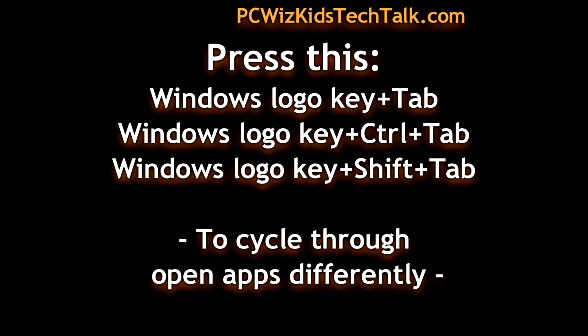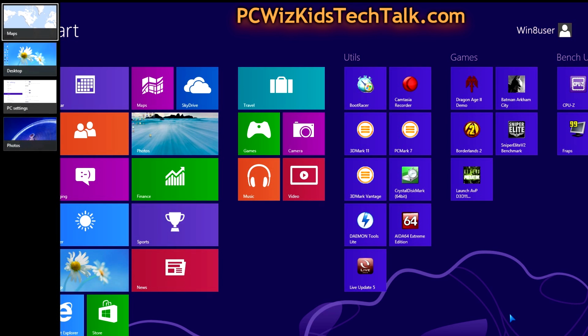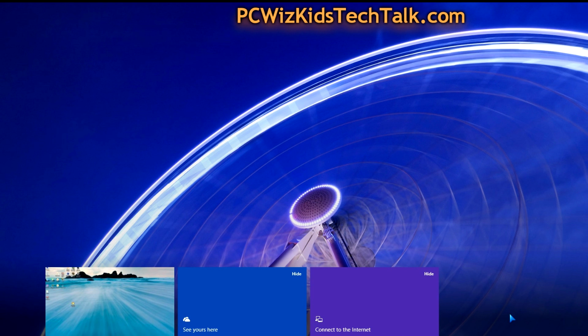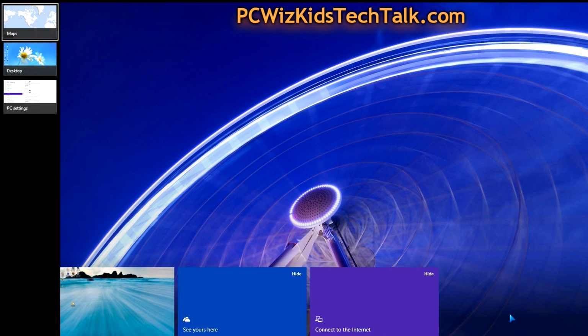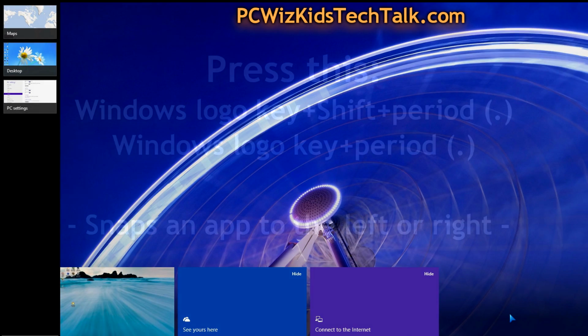Now, changing between different screens, the Windows key and the tab brings up on the left-hand side all the different task screens that you have, and you can toggle through them. If you hold down the Windows key with Shift Tab, it actually brings it up from the top. If you hold down the Control Tab, I should say, it brings it up from a different angle. So you can actually scroll from the bottom or scroll from the top depending on which combination with the tab